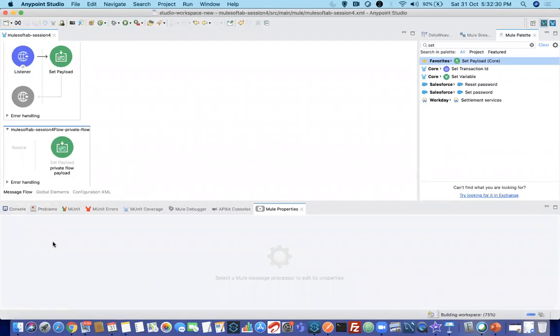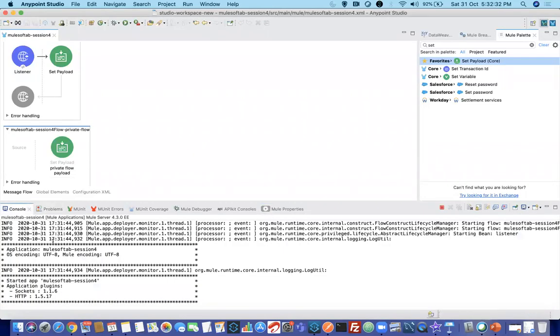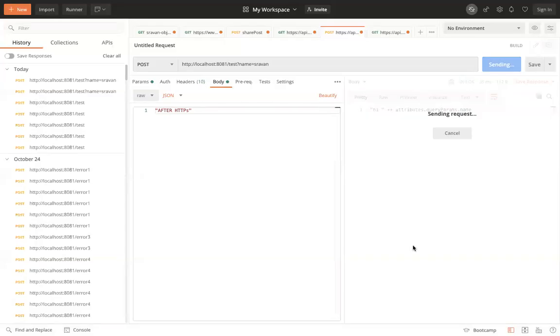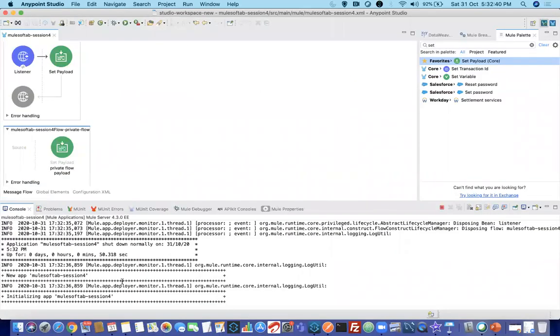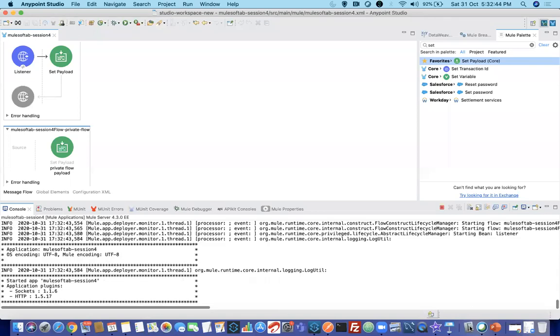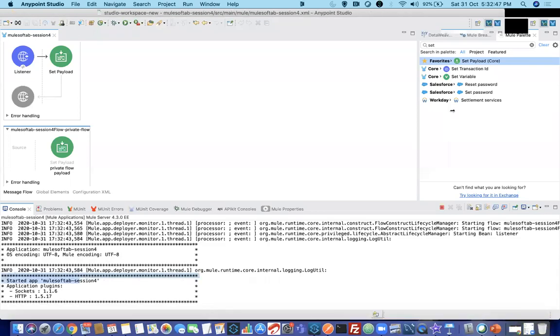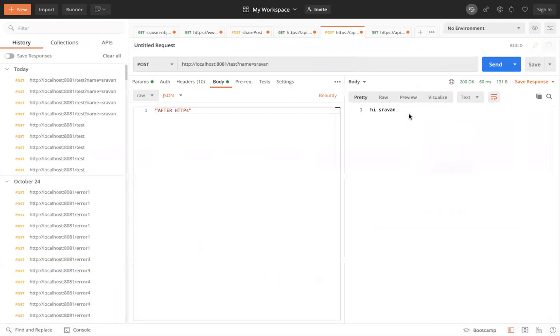If you see the console, it will start redeploying, or it might have redeployed. Now, when you click send, I think it's redeploying, sorry. Okay, it started again. When you click send, you can see hi Shravan. Next, I am saying hi MuleSoft.